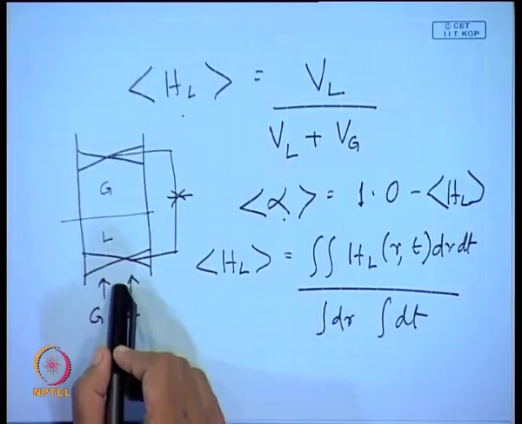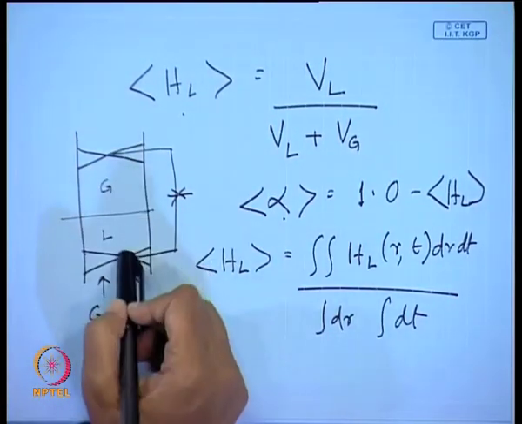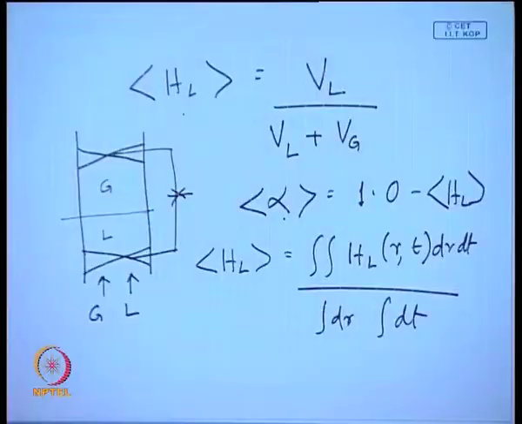So, therefore, it may not always be possible to measure the volume average composition. Why? Because as I have showed to you, to measure the volume average composition, what we have to do? We have to instantaneously stop the flowing mixture. So, in industrial applications, in practical situations, it will not be possible to stop the flow and to take measurements of the in situ composition. So, therefore, under such circumstances, we might have to measure the in situ composition across a particular area or maybe across a particular chord. Okay.